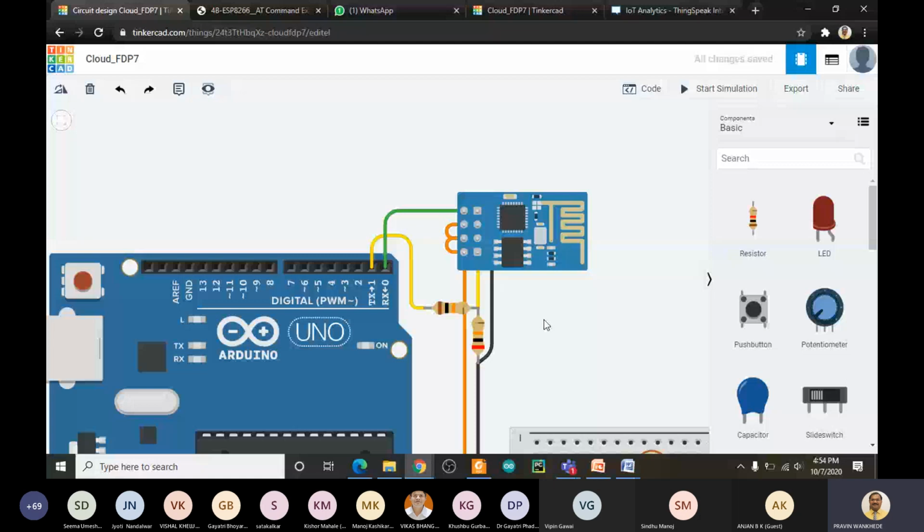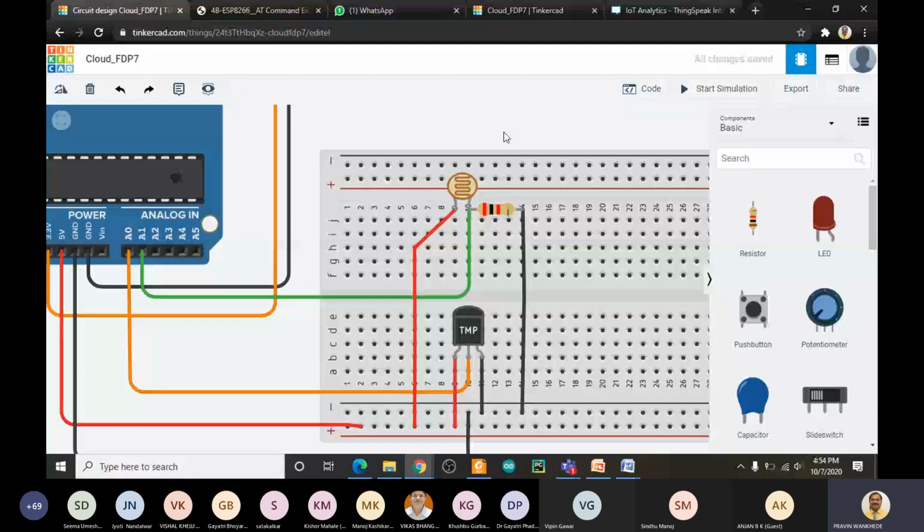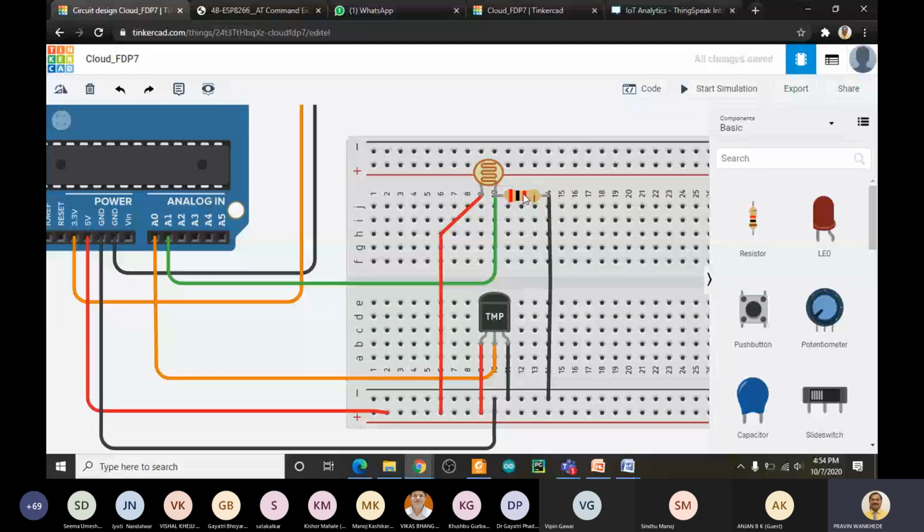And with respect to the sensors, we have used the TMP36 sensor as a temperature sensor and an LDR for detecting light. You'll see here one pin of this circuitry is connected to the temperature VCC, and one pin of this resistor is going towards the ground. So the LDR and this resistor make a voltage divider network, and we read the value from the terminal connected between the LDR and resistor. So this is the point at which we are reading the value. At A1 we are reading the LDR value, and at the center pin of the TMP we are reading the temperature value.